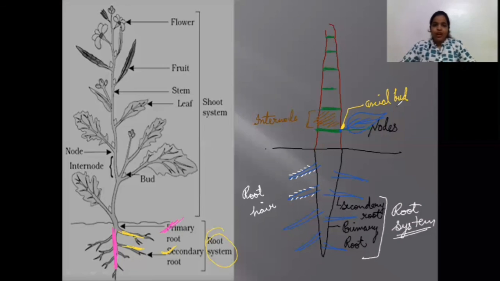So leaves are formed on the nodes and they have axillary buds from which the flowers or fruits can be formed. If you see this diagram, this is the axillary bud I am talking about. These are the nodes where the leaves are attached, and on the axil they have these axillary buds. These can also form the flowers, and the flowers will form the fruits. So guys, this is all about the structure of the shoot system, which includes flowers, fruits, stem, leaf, nodes, internodes, buds. These all are found on the shoot system.